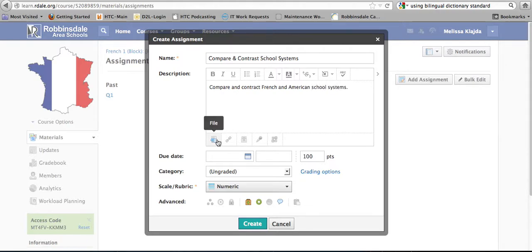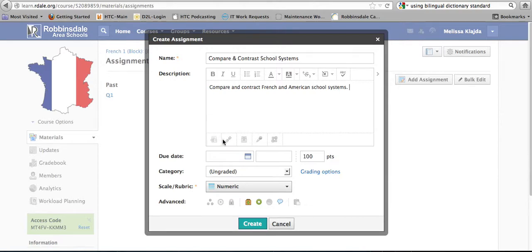And then if you have a handout that you've created, say in Microsoft Word or other file, maybe a PDF, you can just click File here and that will prompt you to attach the file. Usually I attach a Microsoft Word document that I've already created and have used as a photocopy with all of my students in the past. Instead, I have not been photocopying and then simply attaching the file here and allowing students to work with that